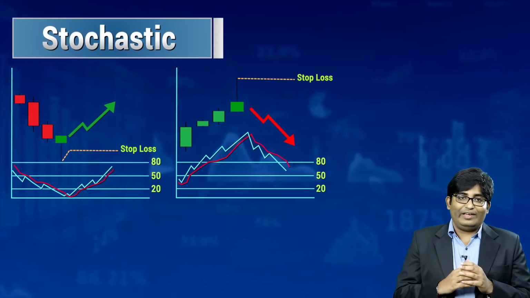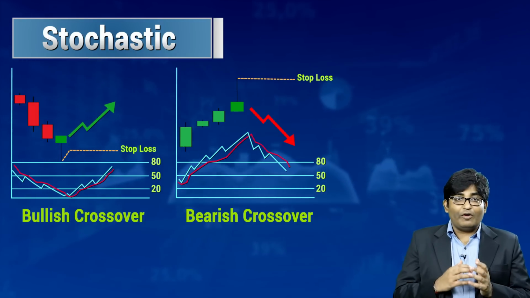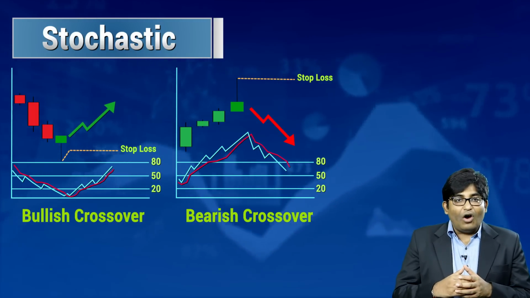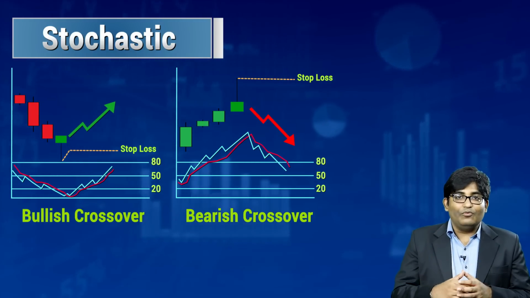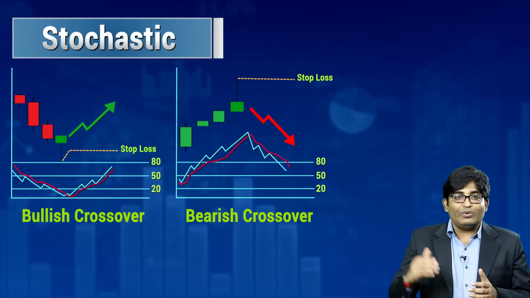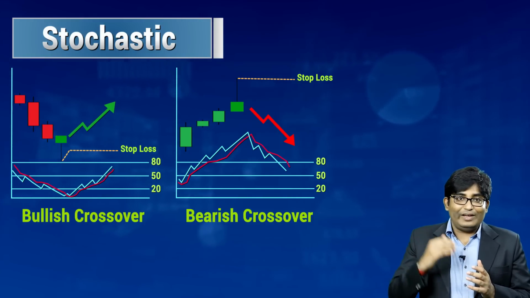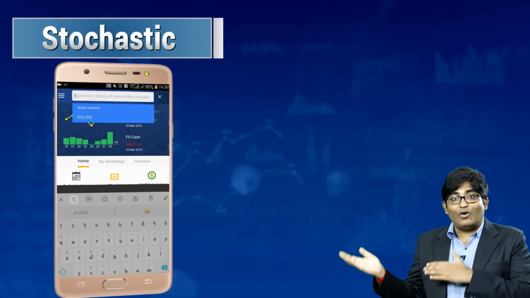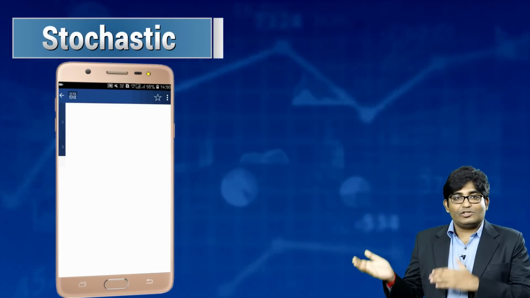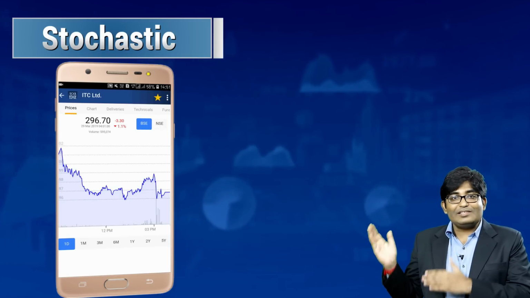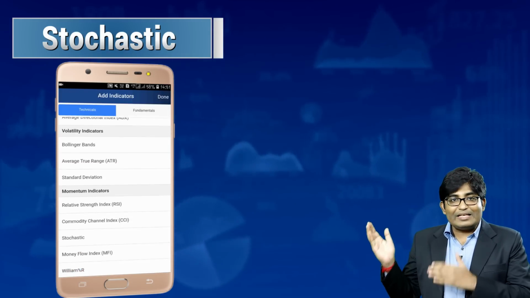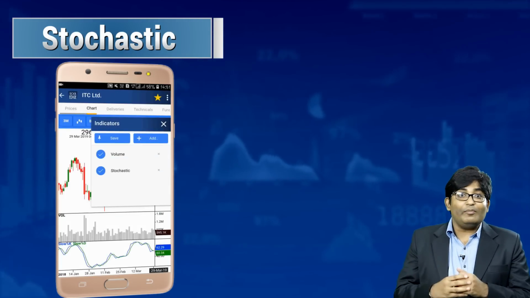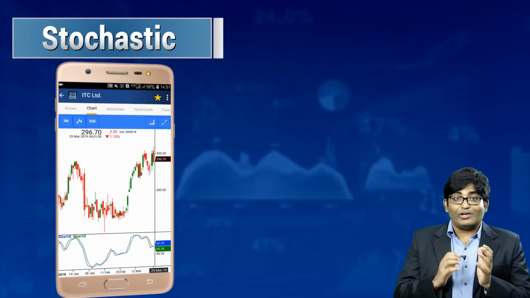You may be wondering where you can get stocks which fulfill the above criteria, like the bullish or bearish crossovers or the stochastic line moving from below the 20 zone or moving from above the 80 zone. Do not worry. In the scan section in the StockEdge app, you can find stocks based on the stochastic parameters on EOD basis.